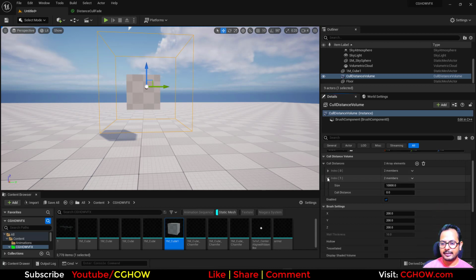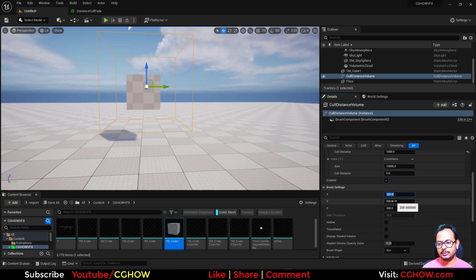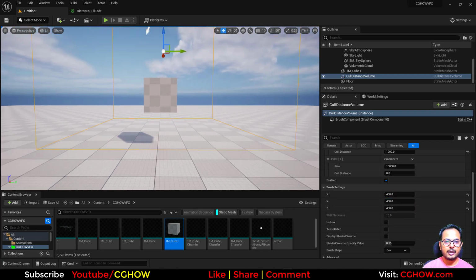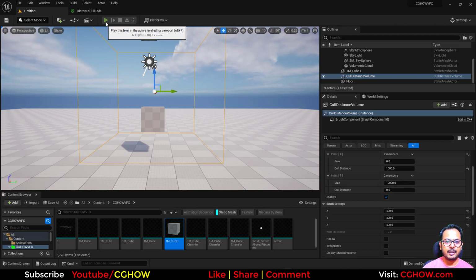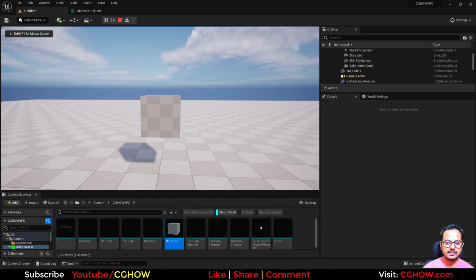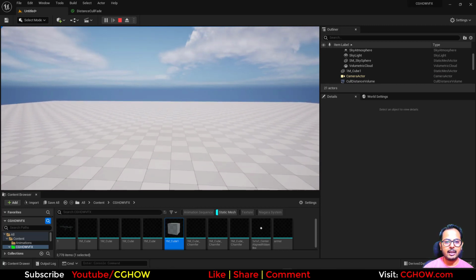It has 2 indexes. You can add more, and now in the first one I'll add some distance, so after how much distance it should work. Then this is the box size. You can use maybe 400, 400, 400, so it will be bigger. Any object that will be in this bounding box will pop out after this distance. So if I play, and now I can see this box, and if I'm going back